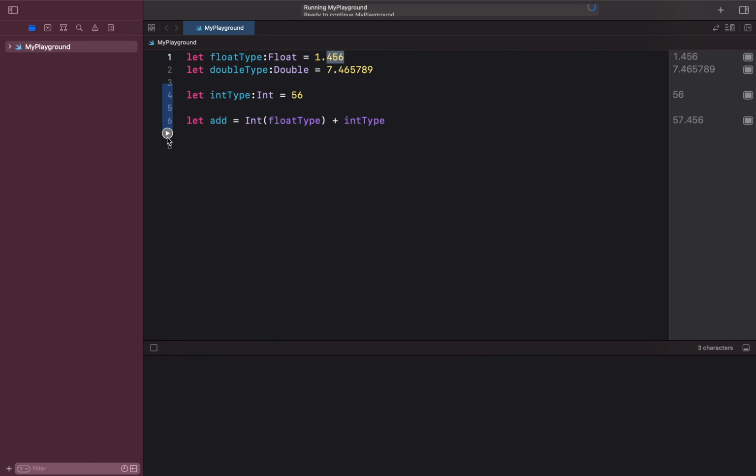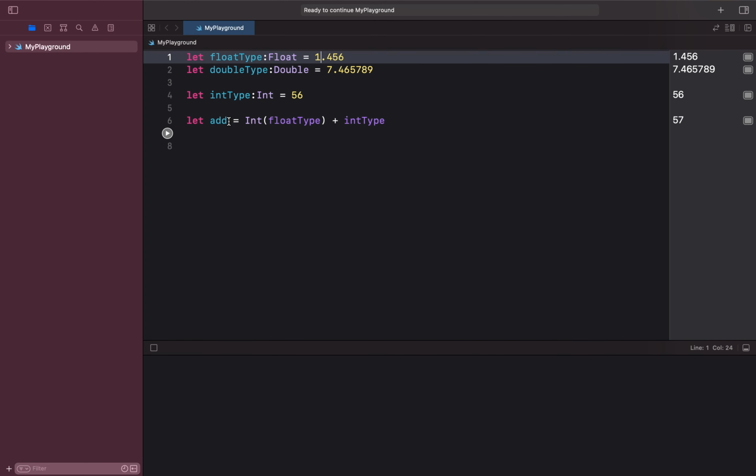So let's run it, and here we can see that after converting the float type into integer, we have the value 1, and adding that to the integer 56, we have 57 in the add constant. So that's all about the conversions.